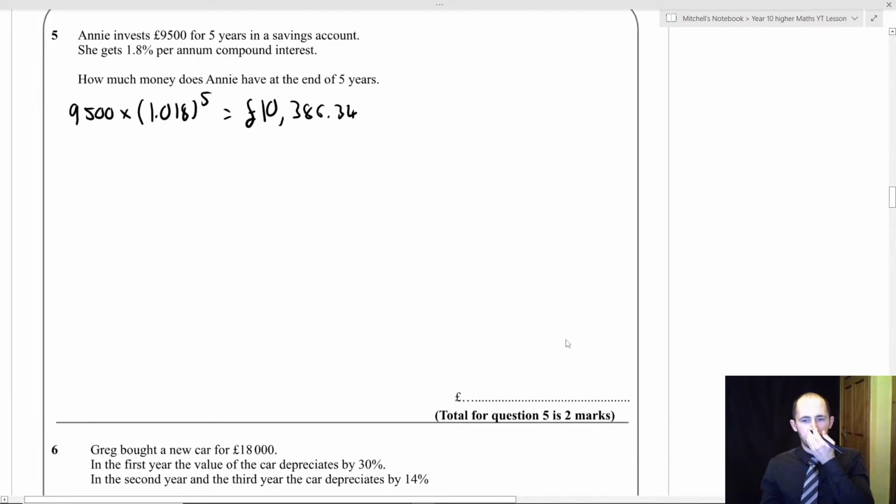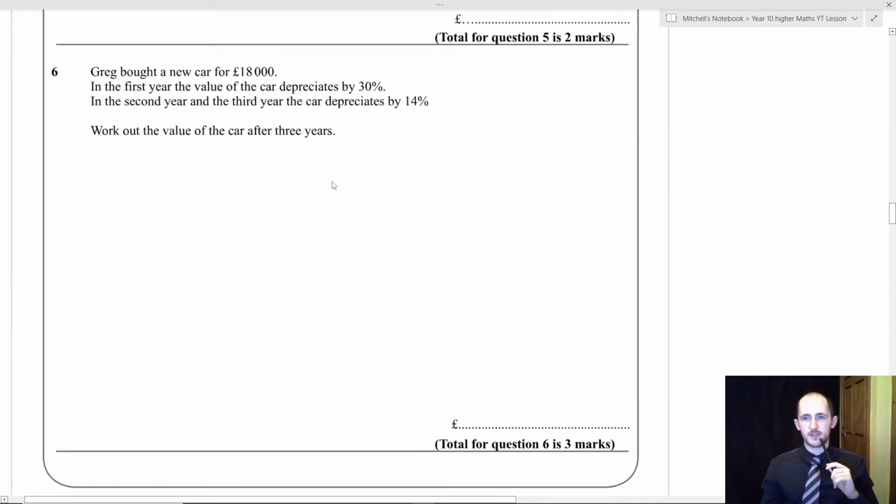Perfect. Okay, I'm really impressed that you guys are managing this. So, for this question, I'm going to show you the really shortcut way. Actually, I'm going to show you the slightly longer way, right? So, we have a very similar question to the previous question where I showed you the shortcut. Okay? But instead it's depreciation. So if it depreciates by 30%, that's the same as being 70% of its value, so 0.7. Decreases by 14%, that would be 86%, which is